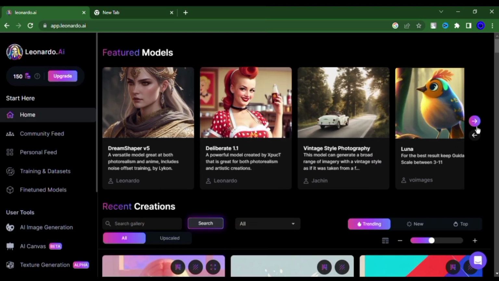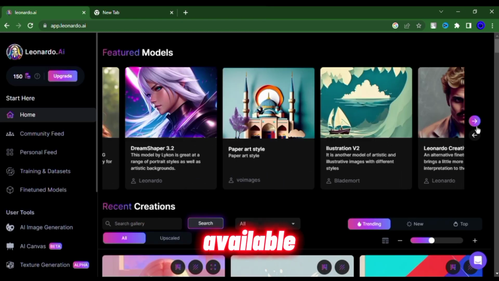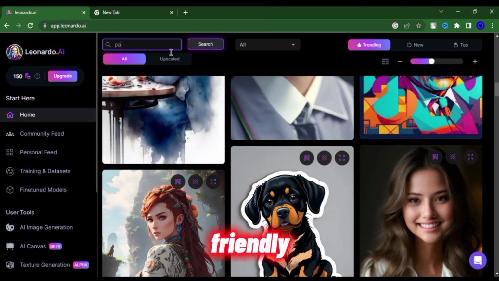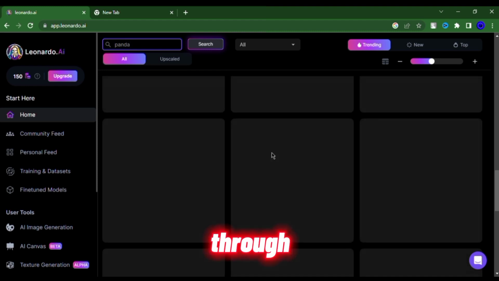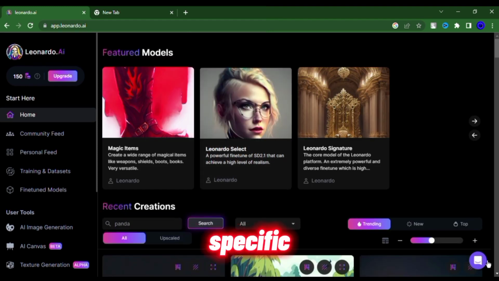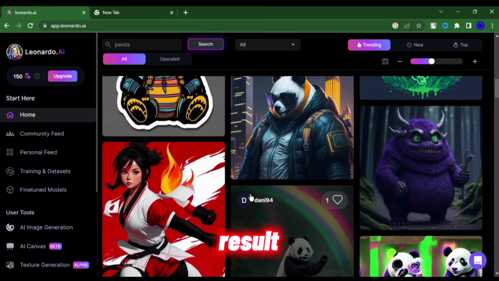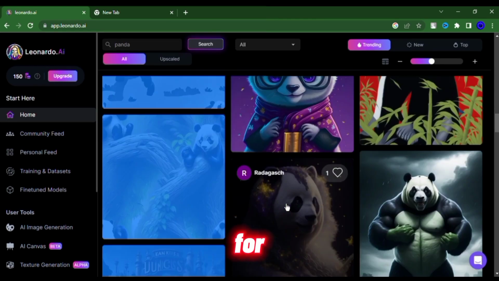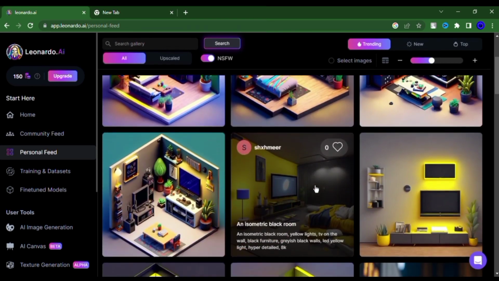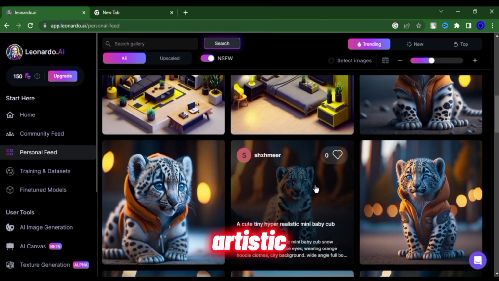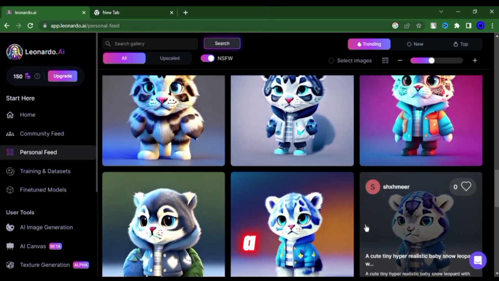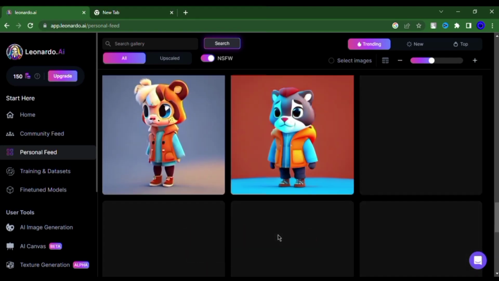You can freely explore and experiment with the diverse range of models available, each designed to serve a specific kind of artwork. With a user-friendly search bar, you can easily browse through the various artworks on the platform. Simply enter your preferences or specific designs you're interested in, and the search results will help you find what you're looking for. Your personal feed is where the designs you have created so far will appear. Here, you can keep track of your artistic journey and review your progress. For example, you can experiment with a picture of a snow leopard and see how the AI transforms it into